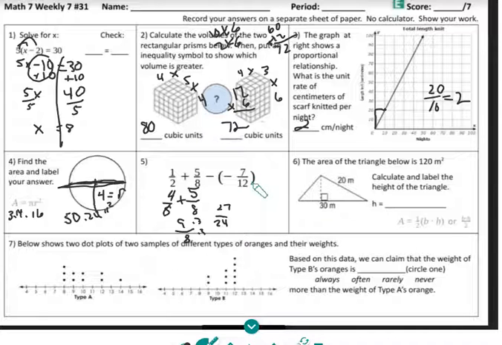Same up here. We need to multiply both by 2. So what we're going to have here is times 2. 7 times 2 is 14. And 12 times 2 is